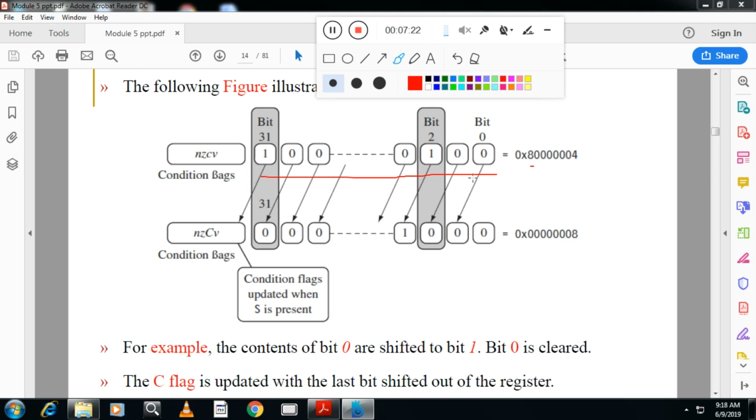So if you shift this one by 1, then as I said, left shift always leads to multiplication, but here when the 31st bit moves, then the carry flag becomes enabled. Here the carry flag was not there, the carry flag becomes enabled, and when this bit moves, this becomes 8.